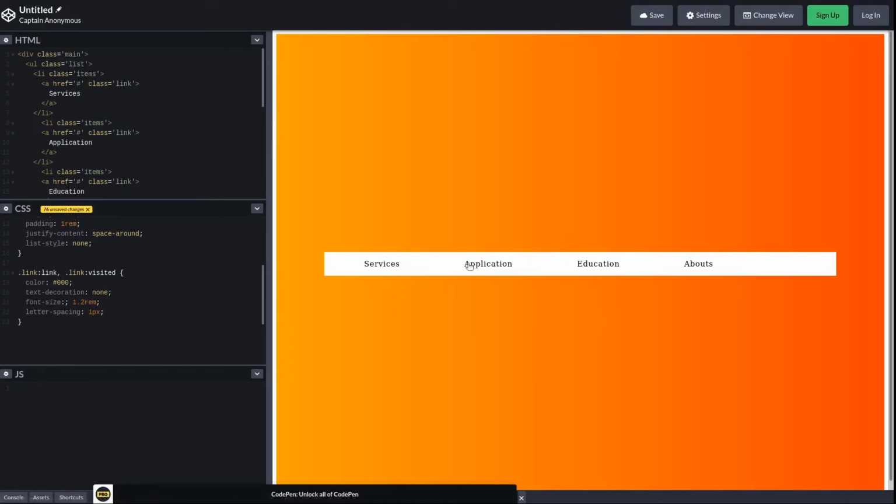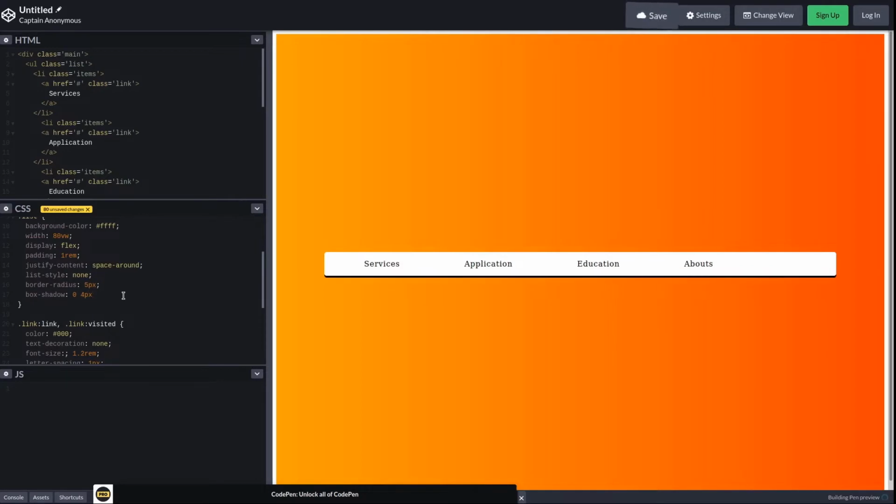I want to give some border radius in list, so I set border radius, how about 5 pixel, and also I want to give a box shadow. 0 from horizontal, 5 pixel vertical and 10 pixel blur.